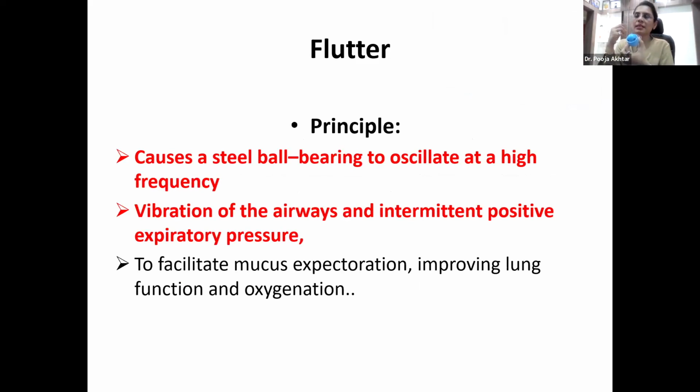Okay, so these vibrations go into the larger airways, causing intermittent expiratory pressures, helping in loosening of the mucus. So most of the positive expiratory pressure devices work on the same principle. Flutter has got a steel ball which oscillates when you blow into the device. So you have to take a deep breath in, hold it for 2 to 3 seconds and blow into the device, but no violent blowing. It has to be very, very slow, steady and prolonged blowing so that the vibrations are easily transmitted into the